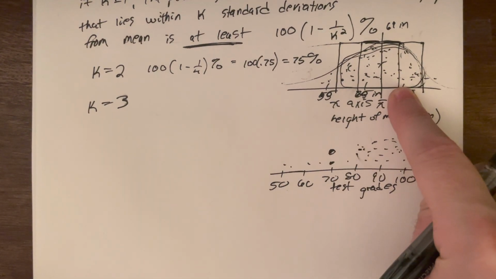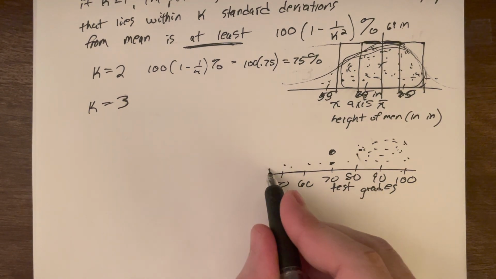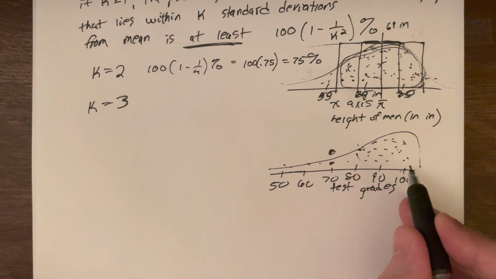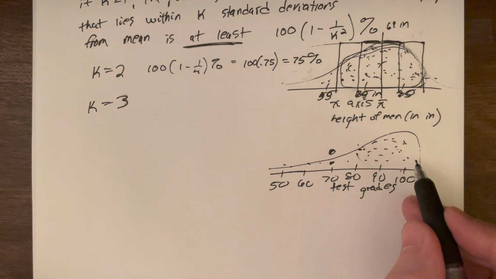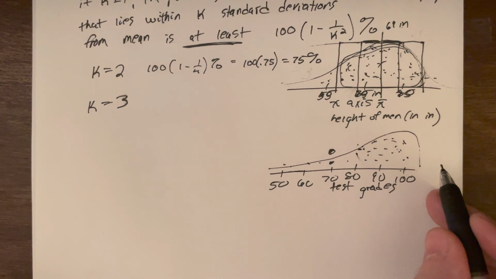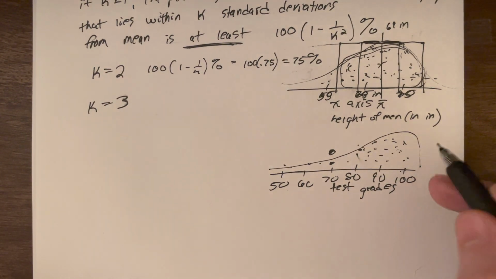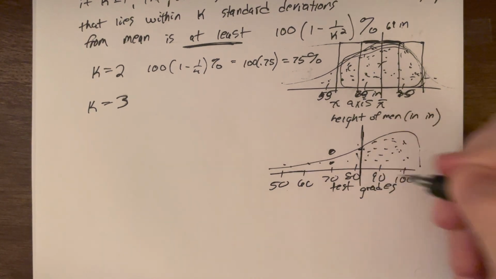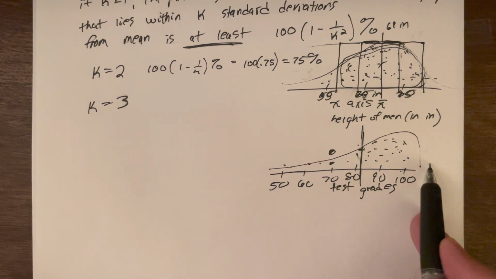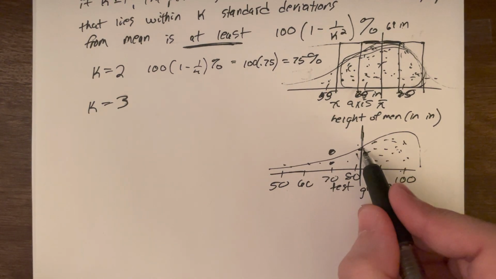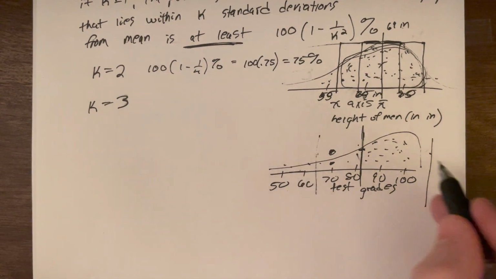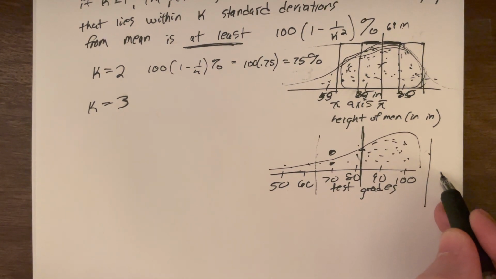This is not bell-shaped. If I had to fit this curve, this would be left skewed. But same situation. The mean, well, where is the mean here? I'm not going to do the arithmetic. I didn't actually give you data values, but the mean is maybe somewhere up here. But same situation. If you go 2 standard deviations above and below, you might get everybody on this upper side, right?